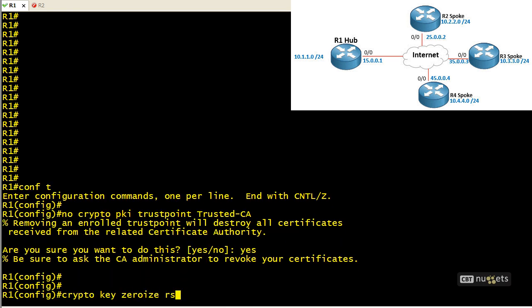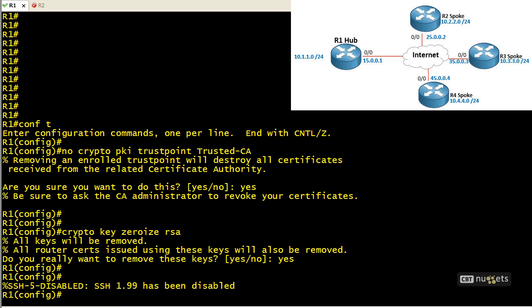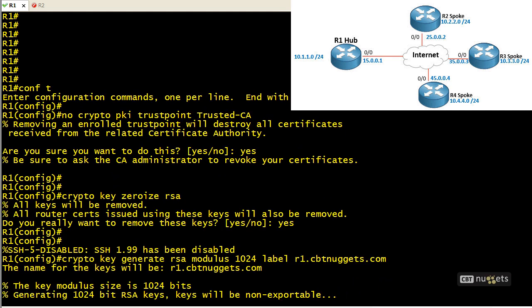Secondly, we're going to zeroize our public-private key pair, and the syntax for that is crypto key zeroize rsa, and it asks us, are we sure? We type in yes, and now they're gone. Our next step is to recreate an RSA public-private key pair, but this time I'm going to specify a modulus of 1024, and I'll give it the same label I did previously, which is r1.cbtnuggets.com, regarding this new